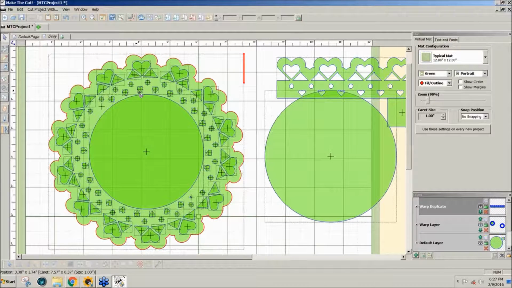Now there's 1, 2, 3, and 1, 2, 3. If I take maybe this one and this one holding the Shift key, hold Control, Shift, and click, then I've got duplicates of those, and I'll just mirror them and move them into place here, kind of halfway between those circles. And let's see, where else am I missing any? I'll write down here. So 1, 2, 3, 1, 2, 3, about this one